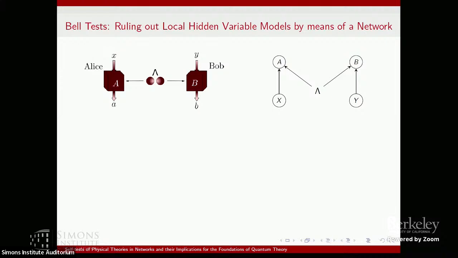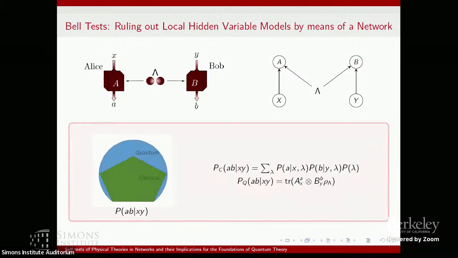Okay, and so in this particular scenario, we know that if we look at the outcome distributions of these measurements conditioned on the inputs, the measurement choices, in the classical case we have this usual way to find the probability. So A depends on lambda and X, and B on Y and lambda. And in the quantum case, we have here a quantum state. If you're not familiar with this, it doesn't matter.